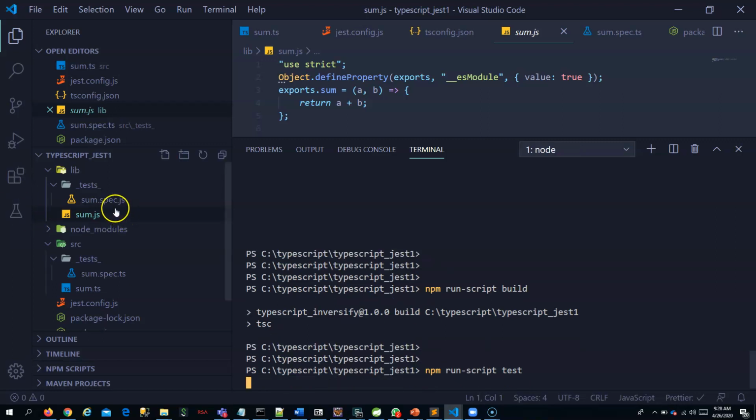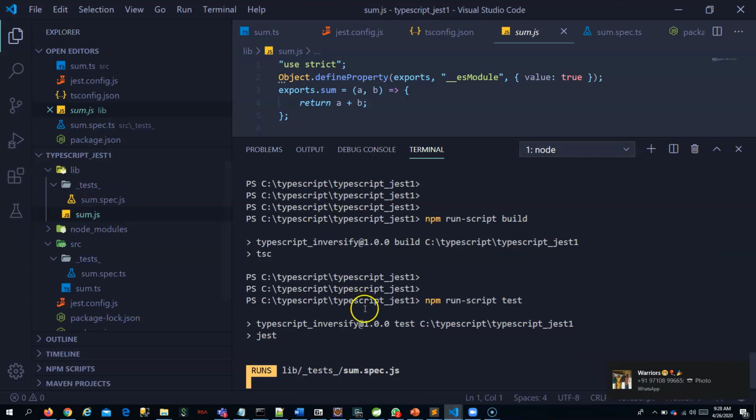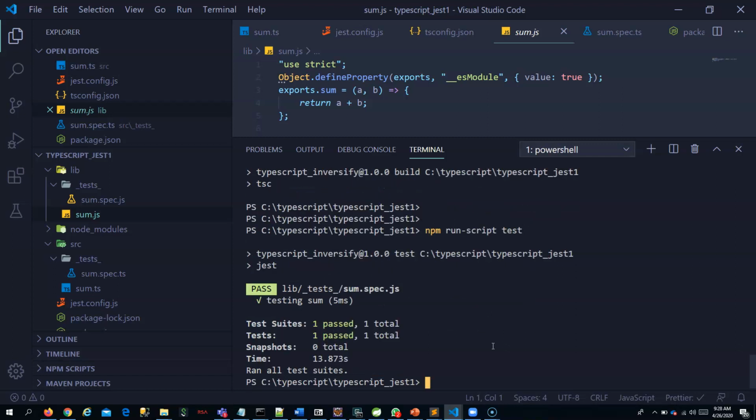Now it should be able to run this sum.spec.js. Yes, it is able to run, right? And it passed, right? You are able to see.